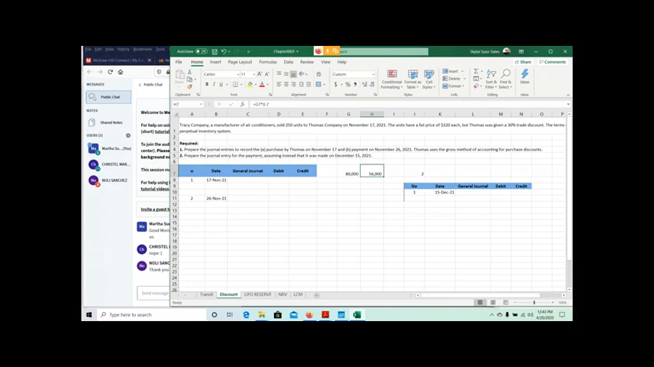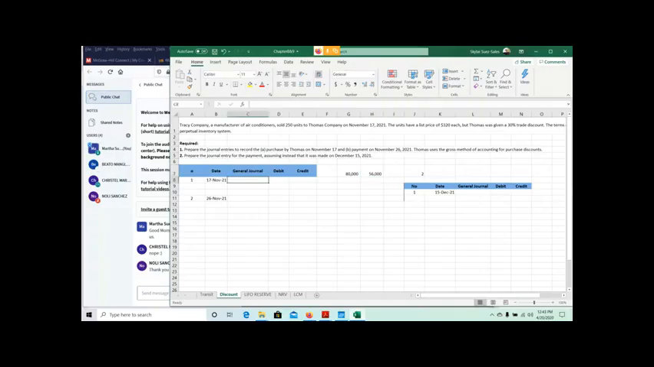So this is not related to the sales discount. That's different. Trade discount and sales discount are two different things. So I just want to make sure that you note that difference. So number one, we have to prepare the journal entry using the gross method